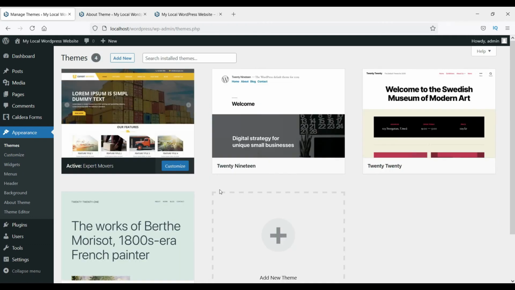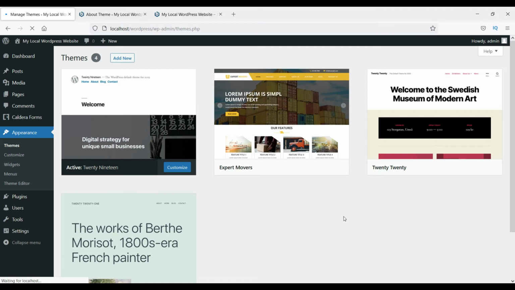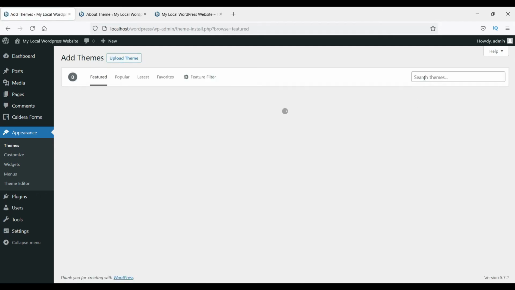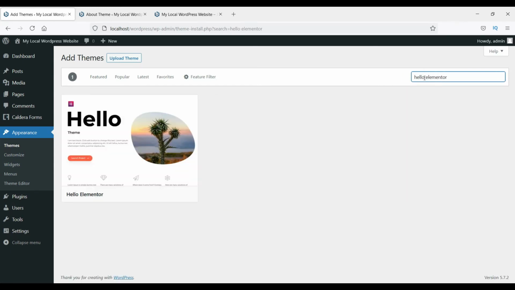Okay, let's get back to 2019. Okay, now what I'm going to do, I'm going to install the free theme, that is Hello Elementor. Okay, this is one of the best themes I have ever used. I've always designed websites using this free theme. It is very flexible, and you can change the layout manually. You can make any kind of website using this Elementor, because it comes with the Elementor plugin. I'll show you how this works.